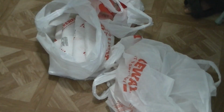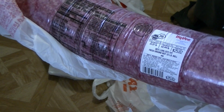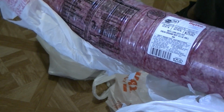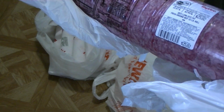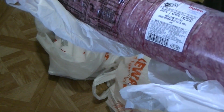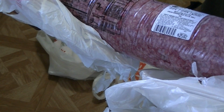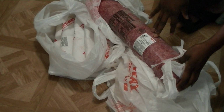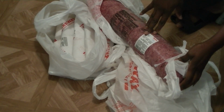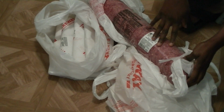And this is 10-pound beef, and he didn't purchase the pork because he wanted to discuss it with me, to ask me which one is a better deal to buy. He was wondering if it's better to purchase the ground pork, which was $2.29 a pound, or purchase the beef. And I told him that it's good we get both. We'll get the 10-pound and then we'll get 2 pounds of ground pork later, because the ground pork at $2.29 is not on sale, but this is on sale. So that means this one, when it's not on sale, is going to cost more than it is now. Therefore, this might be a good deal,